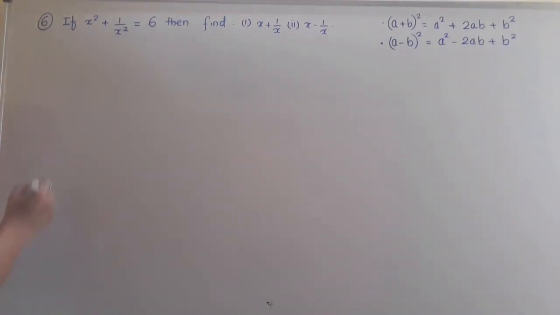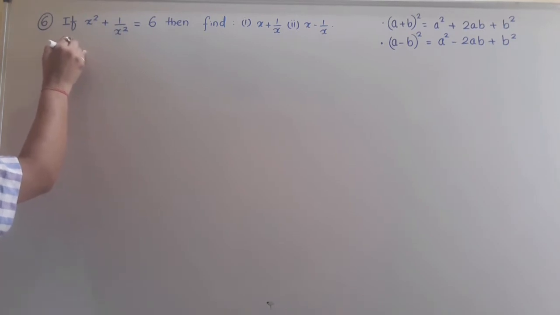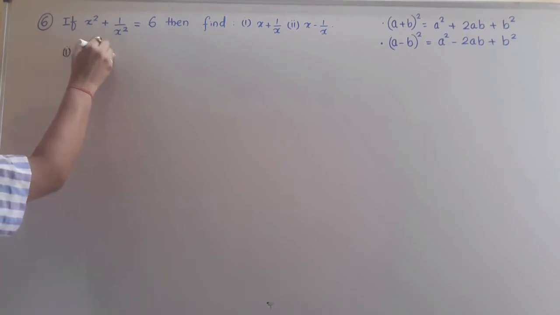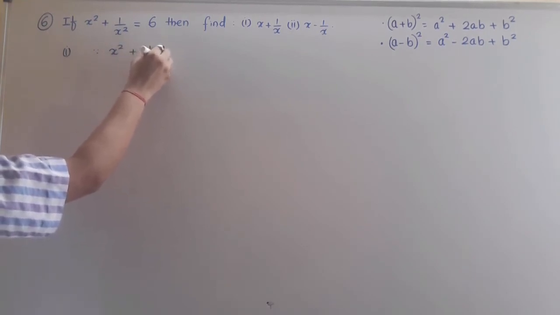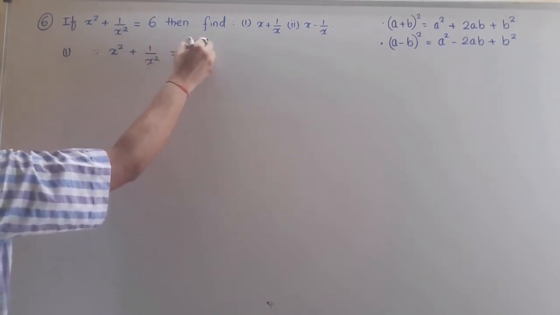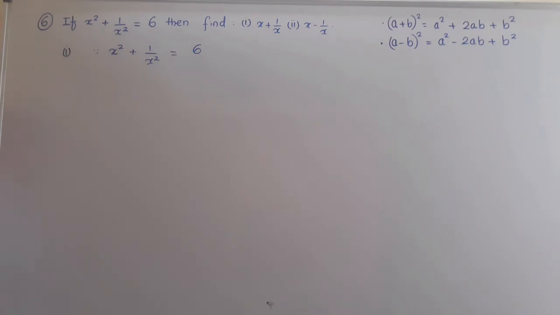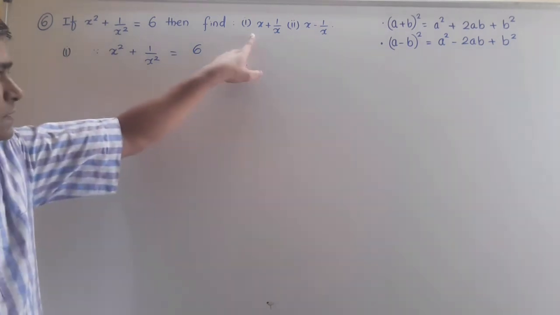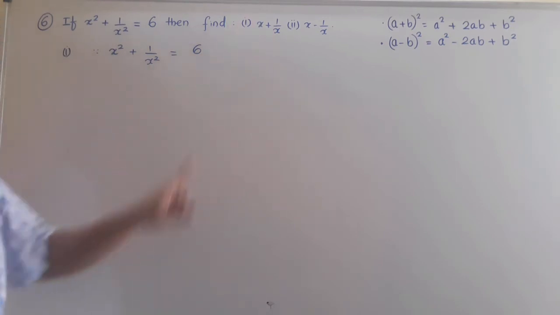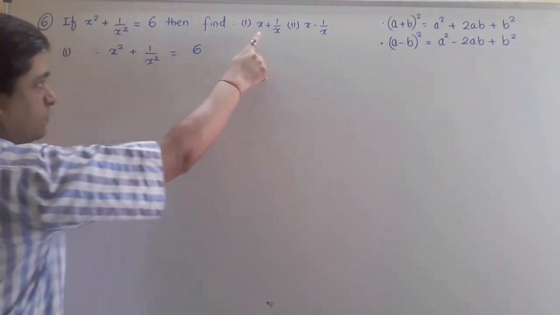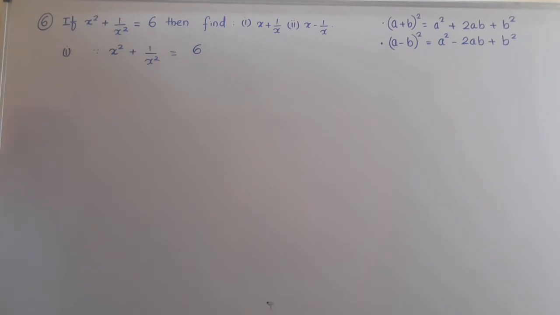Now see the first part, how we can solve it. First I will take the given x square plus 1 upon x square is equal to 6. Now see, I require the value of x plus 1 upon x. What is the given sign here? Plus. Okay. So if you require the value of x plus 1 upon x, then you have to add 2